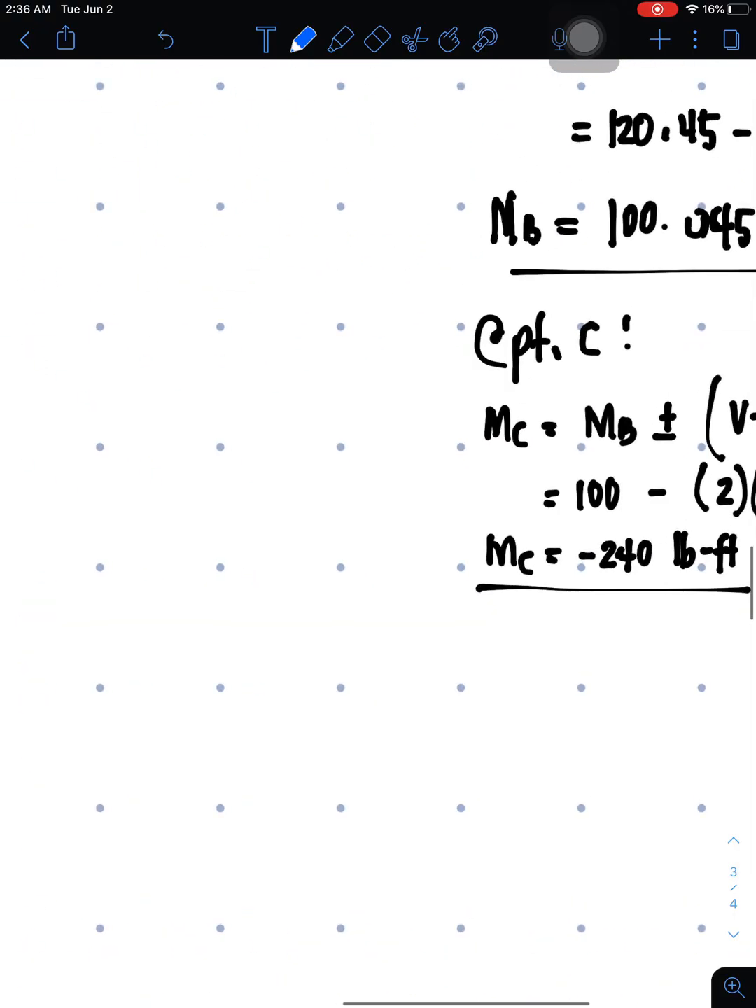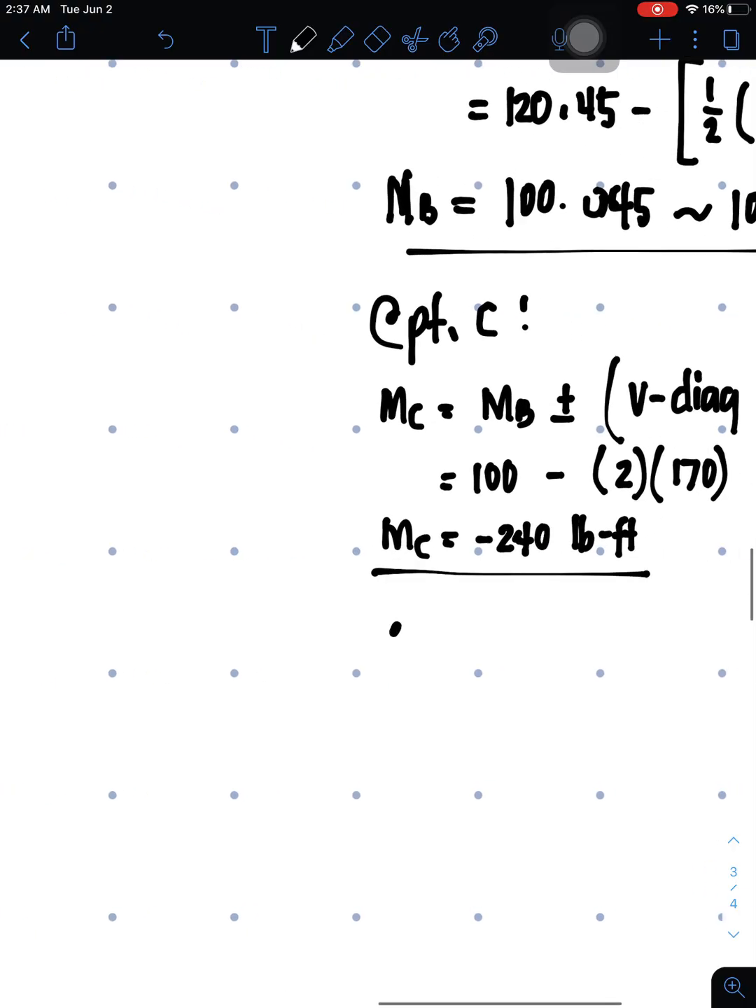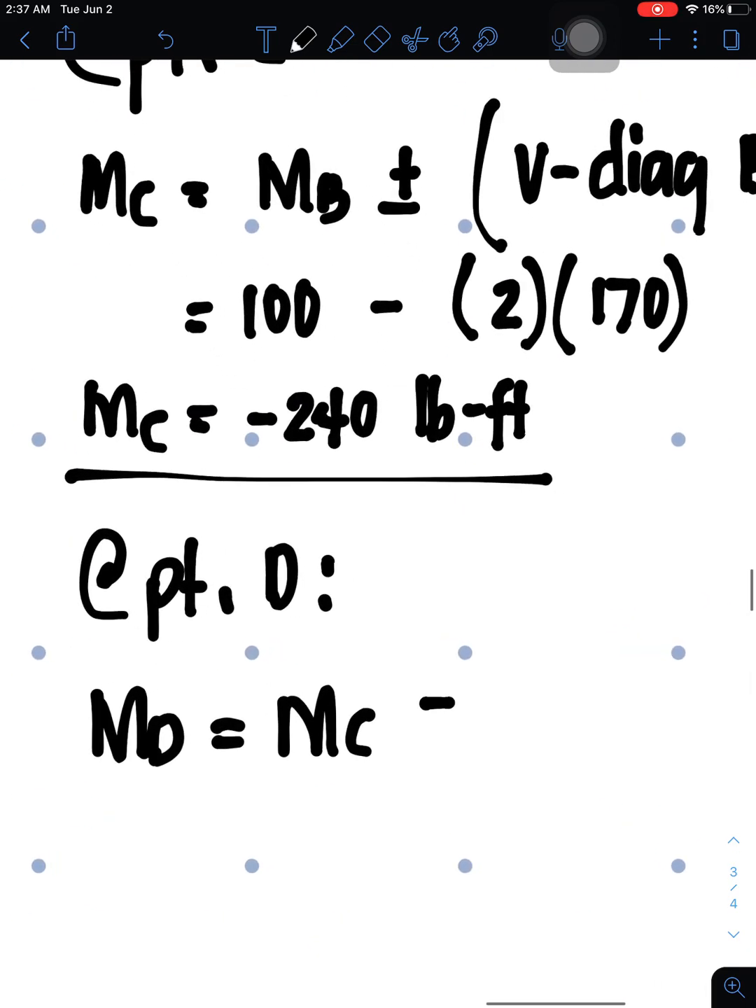And then for MD, so MD, therefore we are at point D. So we're expecting a value of 0. Okay, we're at the end. So MD, copy the previous MC, and then plus or minus the shear area or shear diagram